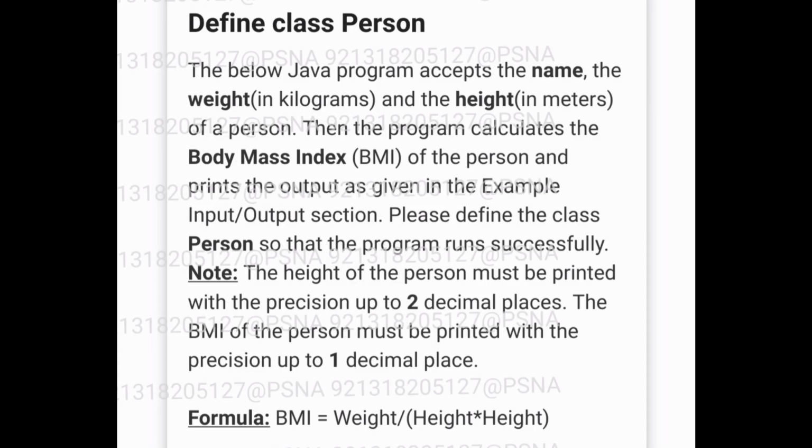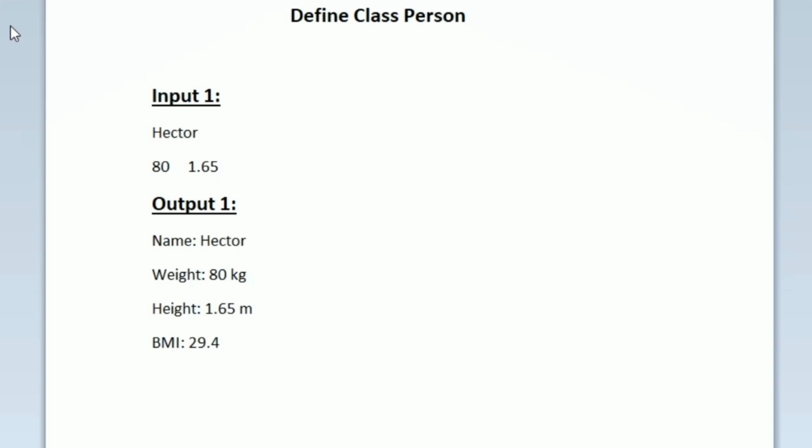This is the question asked in today's SkillRack daily challenge. So we will be given the details of a person as input. The first line contains the name of a person, and then in the second line the first integer represents the weight of the person, and the second integer, that is the second double variable, represents the height of the person in meters. So the particular person name is Hector and his weight is 80 kilogram and his height is 1.65